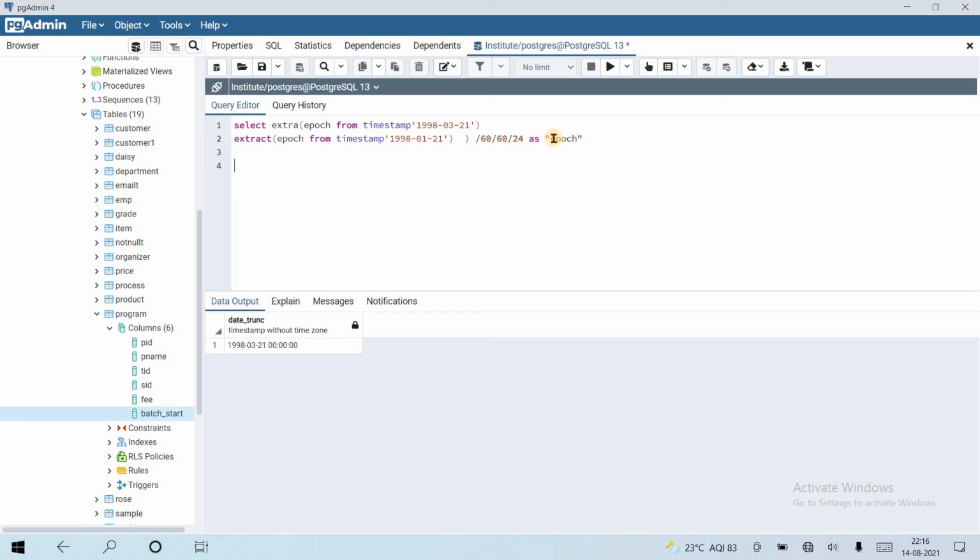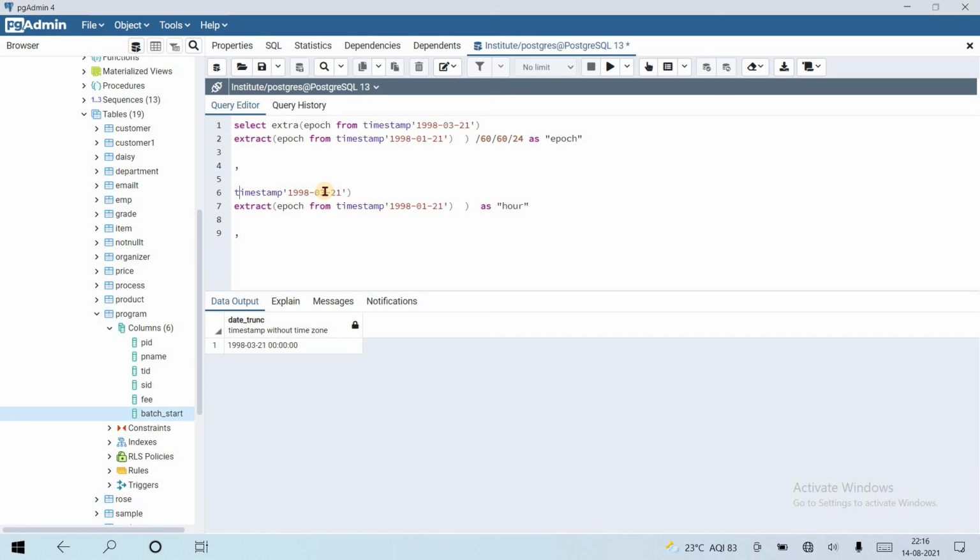The second thing is, suppose we want this as an hour. So make it hour first as an alias. Okay, for this we need to use just a timestamp, so that's why I am deleting this.